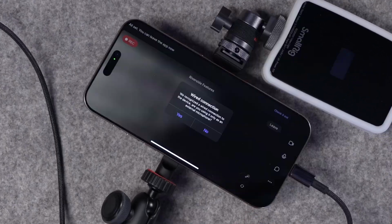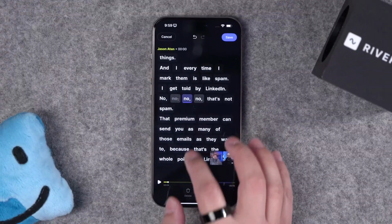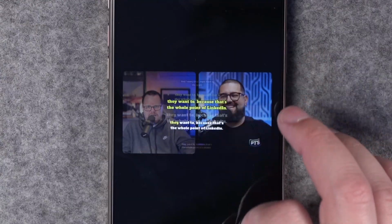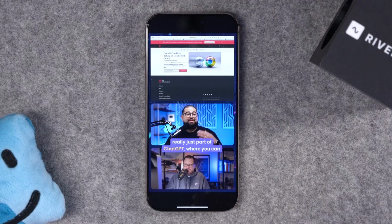And you can even go further and do your editing and exporting all on your mobile device as well. Edit via transcript, add animated captions, even change the aspect ratio of your video, all on the Riverside mobile app. Then you can export those files and upload them to YouTube, upload vertical videos to Instagram Reels, TikTok, or YouTube Shorts, and more. So that's how to have a great remote recording setup, both at home when you're traveling and